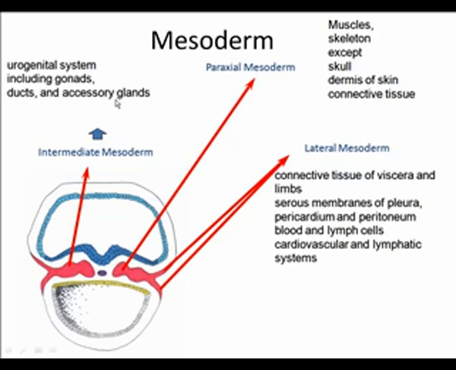And so when we talk about the mesoderm, the paraaxial mesoderm is going to give rise to skeletal muscle, the skeleton, except in the region of the skull, and the dermis of the skin and connective tissue. The lateral mesoderm is going to be connective tissue of the viscera of the limbs, some of the pleura, pericardium, and peritoneum, those serous membranes, blood and lymphatic cells, as well as the cardiovascular and lymphatic systems. We've not talked much about intermediate mesoderm. This develops later and will give rise to the components of the urogenital system, including the gonads and the ducts of that